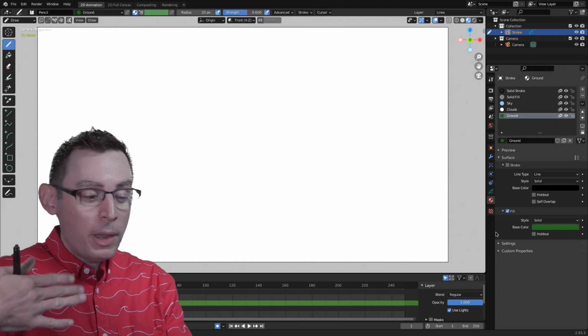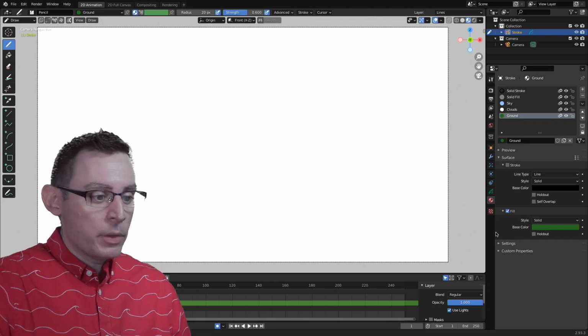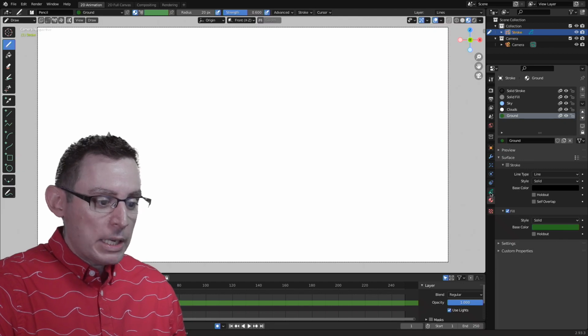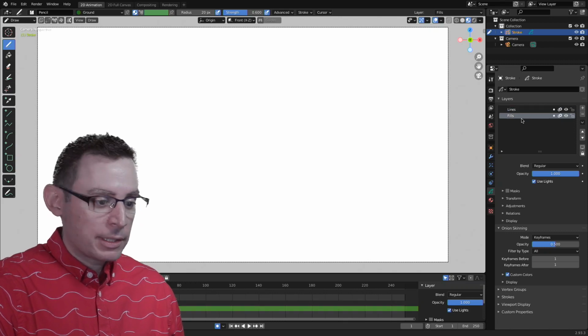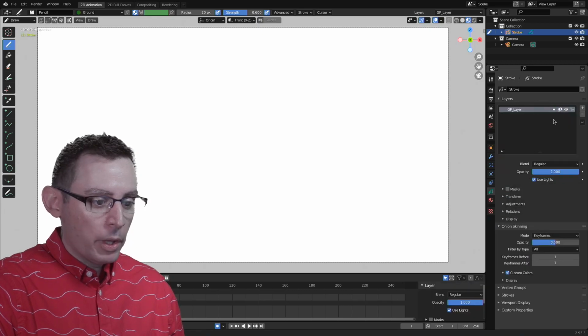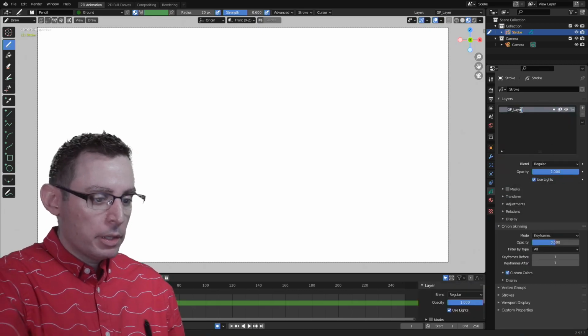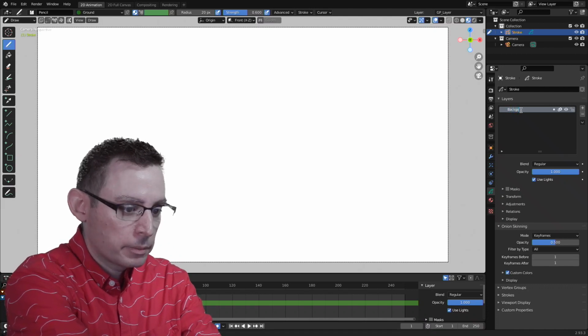And now, to help in the drawing process, I'm going to use some animation layers on this grease pencil object. So it's this green icon down here. If we click on it, you can see that we have two animation layers that are already active inside of the scene itself. Let's get rid of both of them. And we're going to create a new layer. And as one might imagine, let's double click on the name. This is going to be the background.